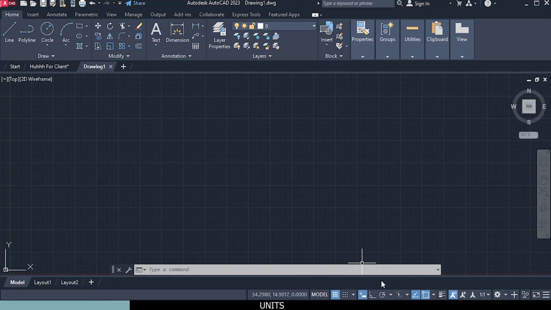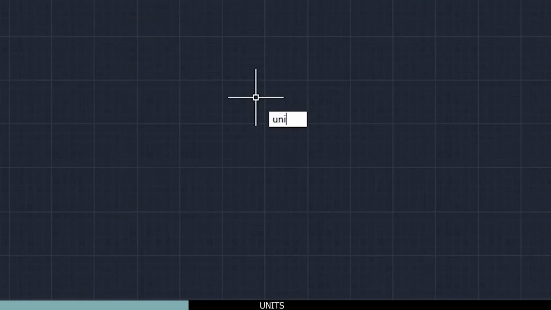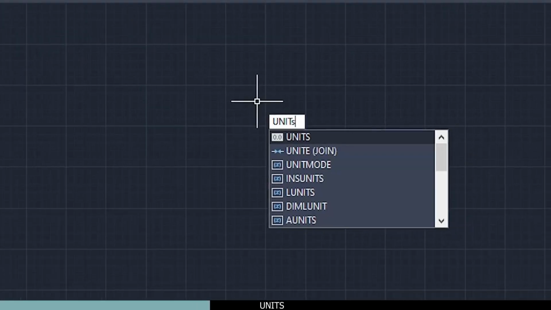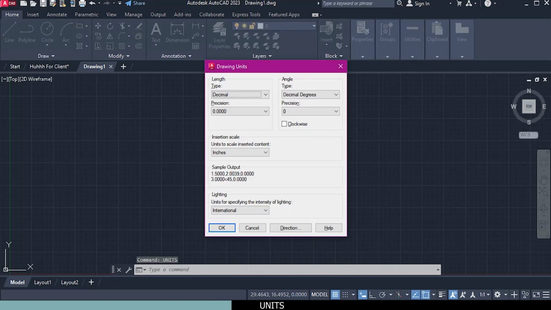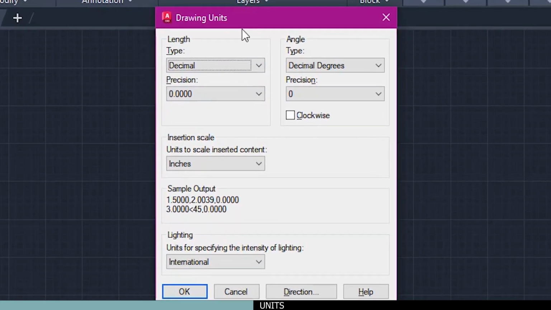It is turned off now. Click again, make sure it highlights blue. It is on. You can just type in unit on your keyboard and press enter, and there we have our drawing unit dialog box. For this video I'll be using millimeters, but if you prefer inches,